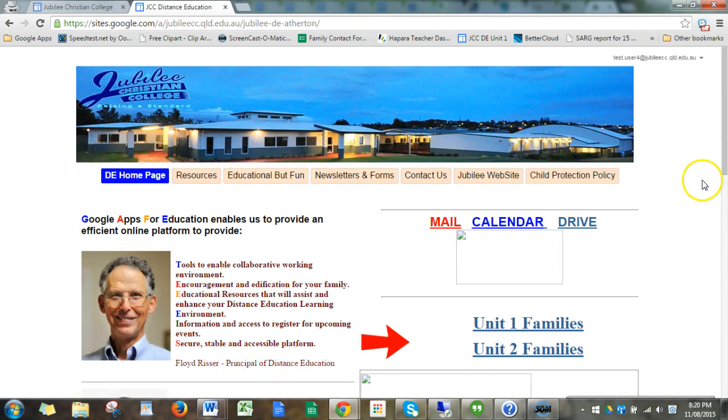And you'll be taken straight away to the general Distance Ed homepage. Now there's a few links on here for some other things that you may want to have a look around at your leisure, but generally you'll be wanting to go to either your Unit 1 or your Unit 2 site, and you can get to those by either of these two links. You can also click directly onto the Google Drive calendar and mail link that I've got set up here, but